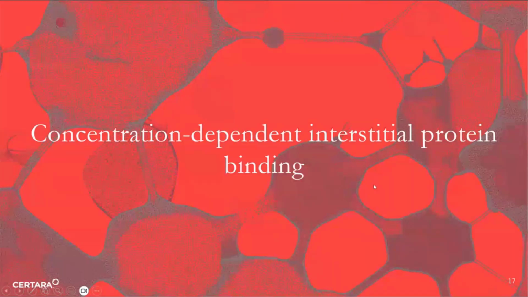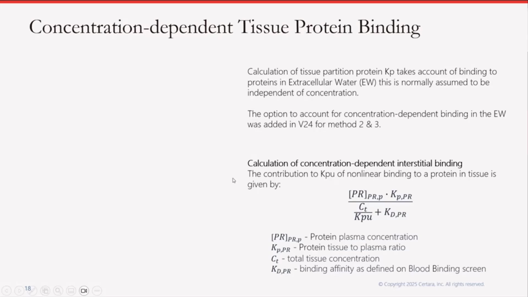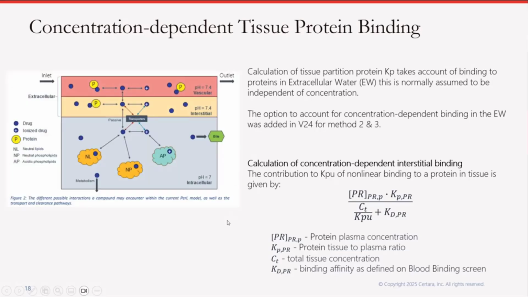So now I'm going to talk about concentration dependent interstitial protein binding. This is also new for V24. The idea is that the plasma proteins, as well as being present in the plasma and in the vascular space, are present in the interstitial space. In some tissues, particularly the brain, they're at a much lower concentration in the interstitial space. And the calculation of tissue partition coefficients